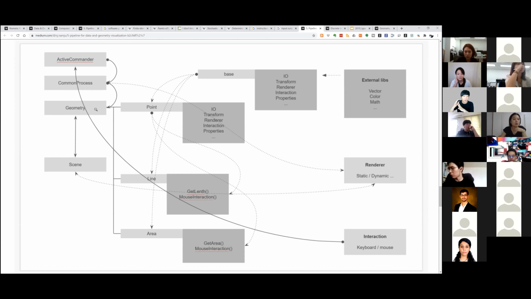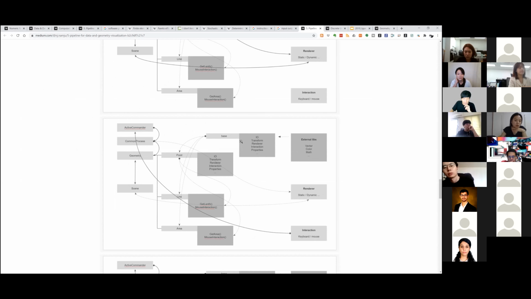Yeah, this is a kind of hierarchy. Think about it like the structure of a company or the structure of your research lab. So it's always a hierarchical, segmented structure.